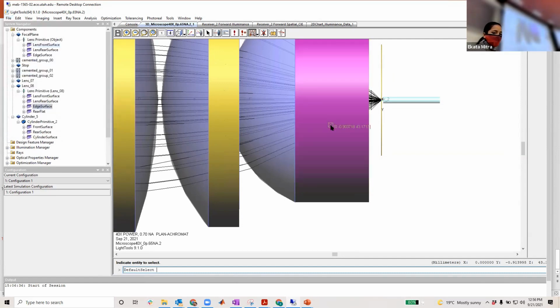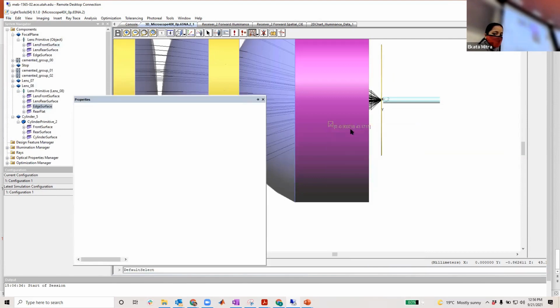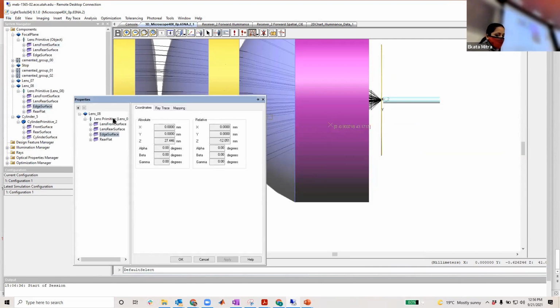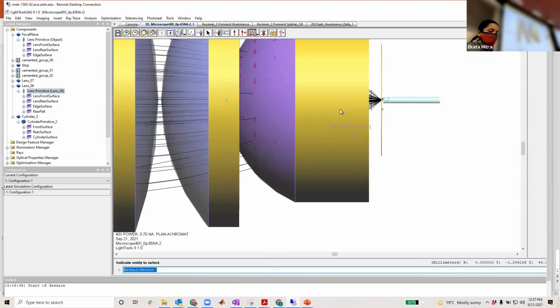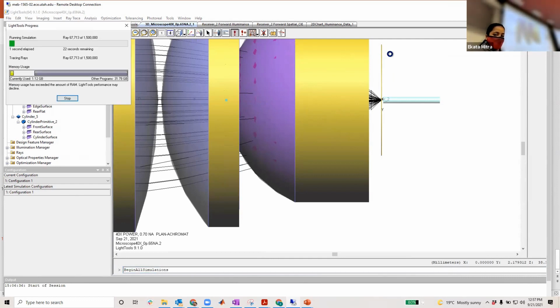Go to the properties and modify it, like XYZ, or maybe the surface, the coordinates, the thickness. So this is how it is going to be used. You can import the file, change it, and use it. So this is what I have done.